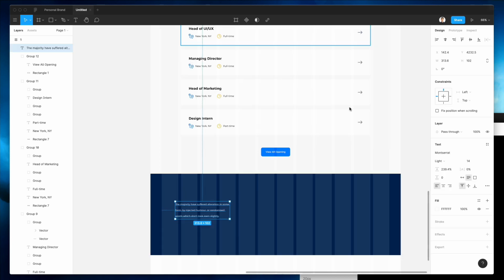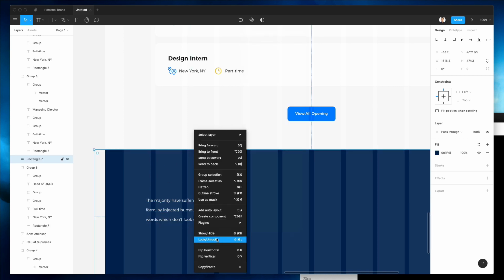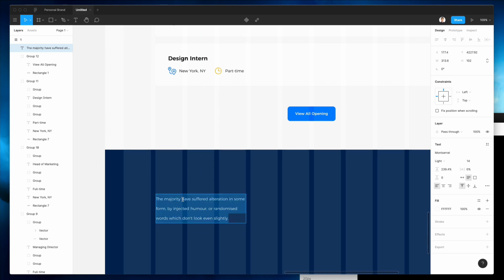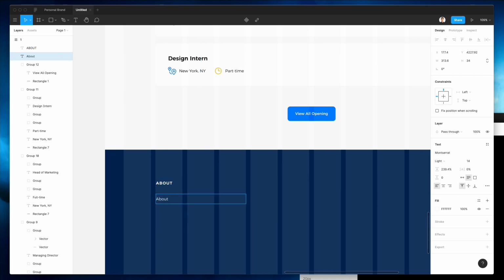So this is going to be the footer down below, and this is essentially a rectangle. I'm going to lock it right in. I'm going to add a few elements on the top. So this one is going to be the about section, and we're going to make this one semi-bold, and let's add a little bit of a distance between one letter and the other. And let's make it over here. I'm going to write about, we're going to write services,